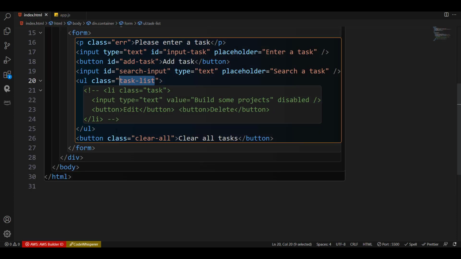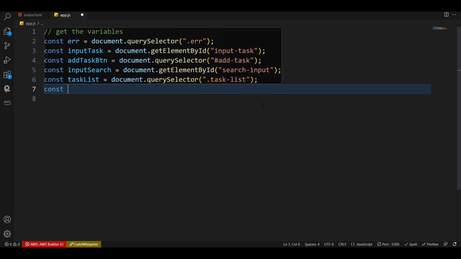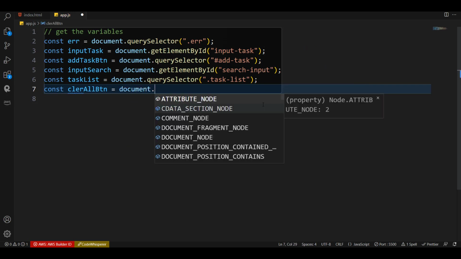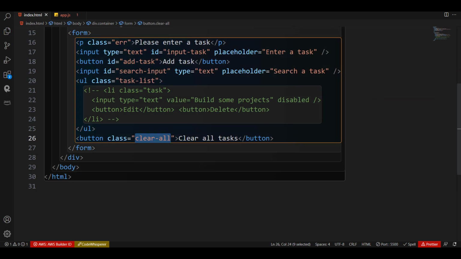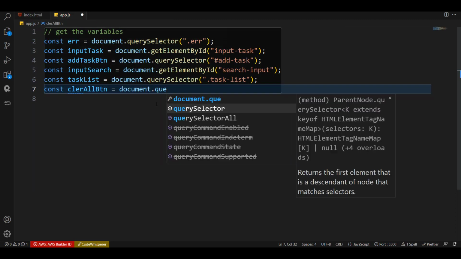Then lastly, we have clear all, right? Clear all btn. So just say clear all btn here. I'm going to rename it using my JavaScript. So const clear all btn is equal to document dot. So what did we use? Was it an ID or class name? That's class name. So I'll just say query selector, and